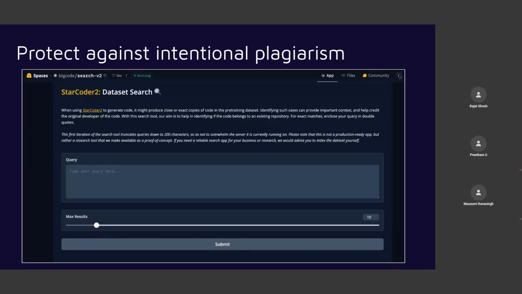Finally, another piece that is really up and coming in the LLM world is called plagiarism tracing. Basically, there are some malicious actors who want to hit some glory by building some model, but some of these models are simply copying the code from some code base, right? This is a screenshot from Hugging Face Space, and they have this model named StarCoder 2, and they have come up with this app named Dataset Search, where you can simply put your output generated from your LLM and then figure out whether this code has some replica from some training data set or